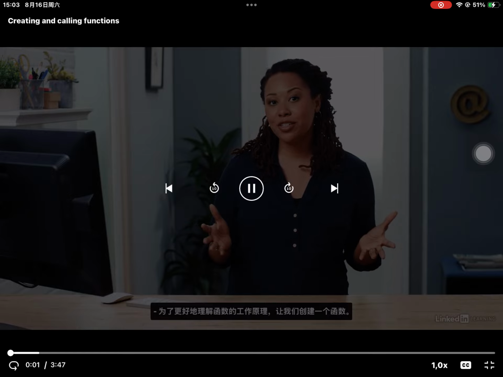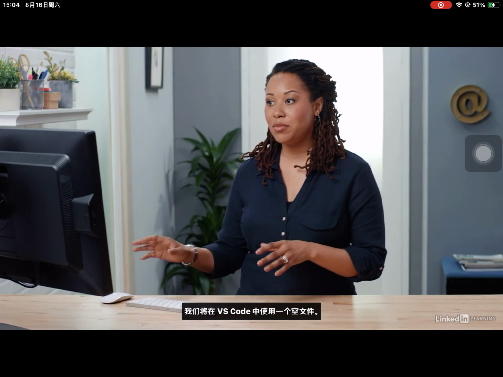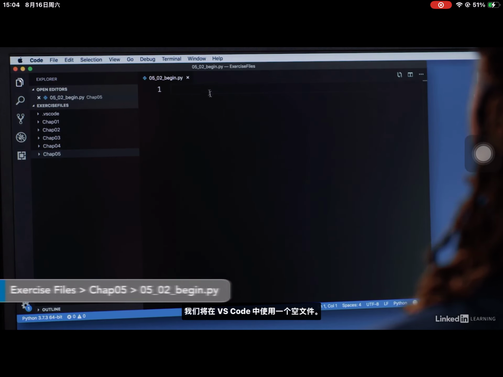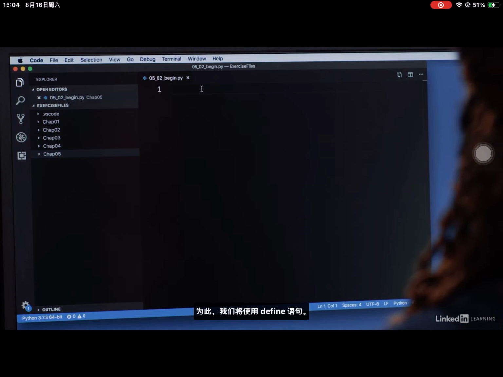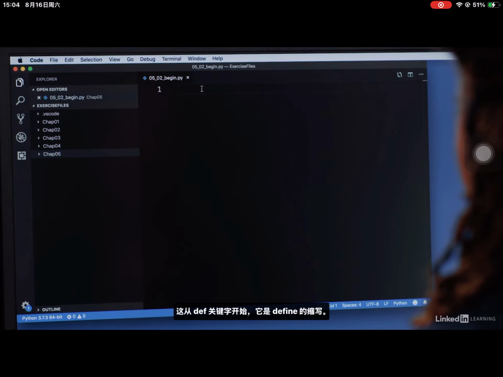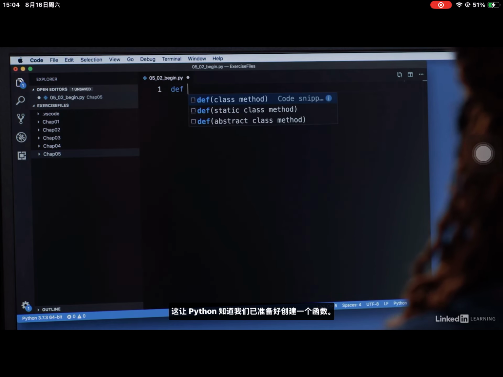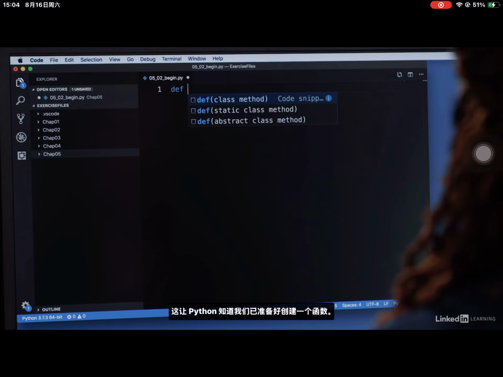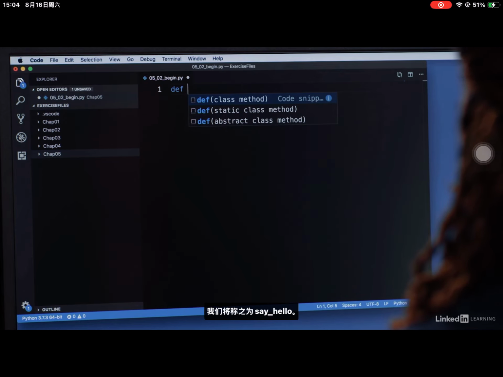To better understand how functions work, let's create one. We're going to work with an empty file over here in VS Code. Here on line number 1, we're going to create our first function. To do that, we're going to use the define statement. That starts with the DEF keyword, which is short for define. This lets Python know that we're ready to create a function. Next, we need to give our function a unique name. We're going to call this one